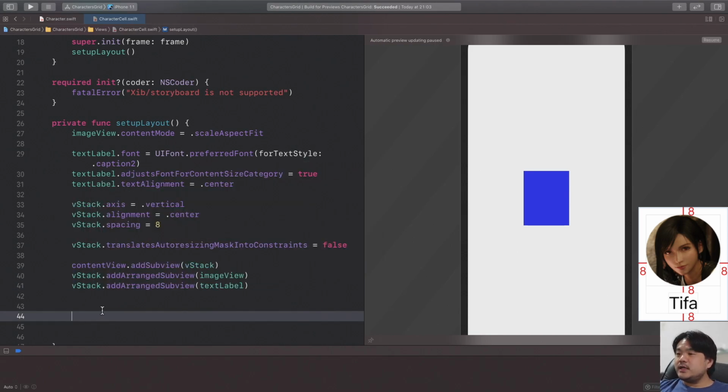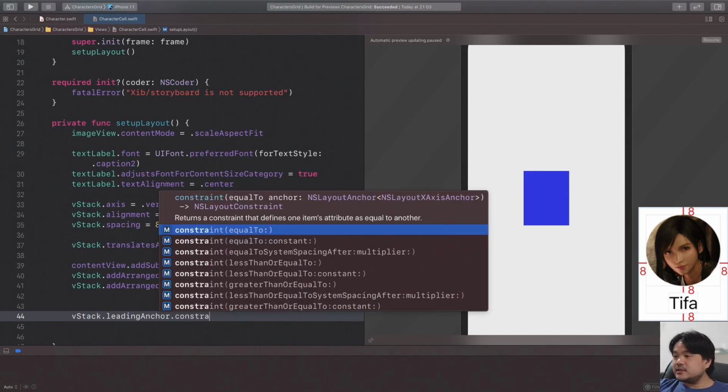We have configured the image view, text label, and the vStack. Next, we need to set up the auto layout constraints. As the image view and text label were added as the stack view's arranged subviews, we only need to add the constraints to the stack view in relation to the cell's content view. We're going to use layout anchors to constrain the vStack to the edge anchors of the cell's content view. Let's begin with the leading anchor property. We can use vStack.leadingAnchor.constraint equal to